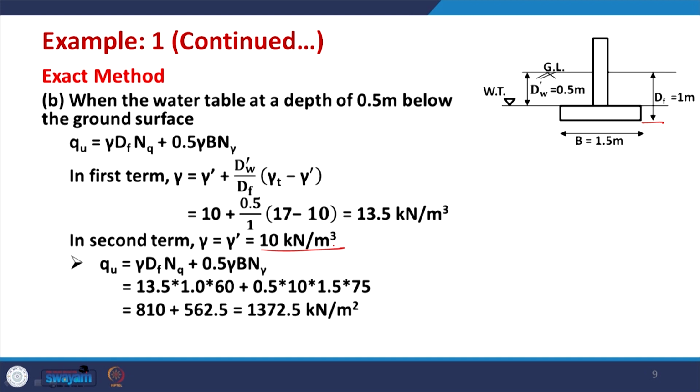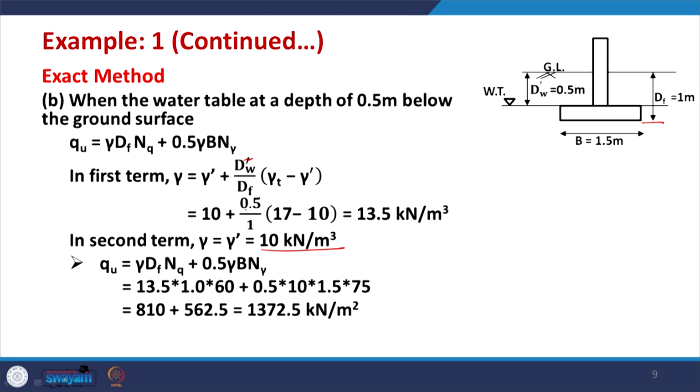Now, let us talk about the effective unit weight in the first term, and that is calculated here. We do not use d dash. In this case it will be better not to use this, since the dash is not used anyway. So, simply it is without the prime value. Once you have this, then you can calculate the value of gamma